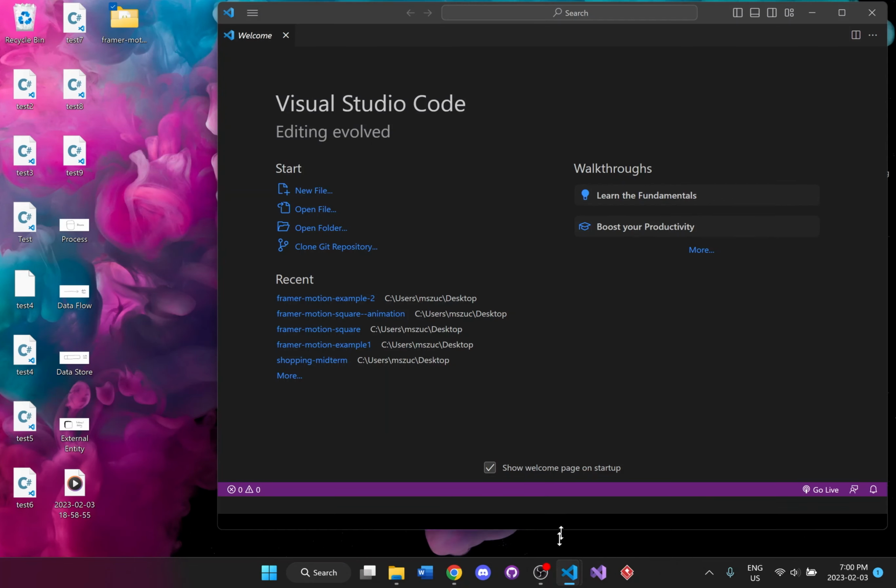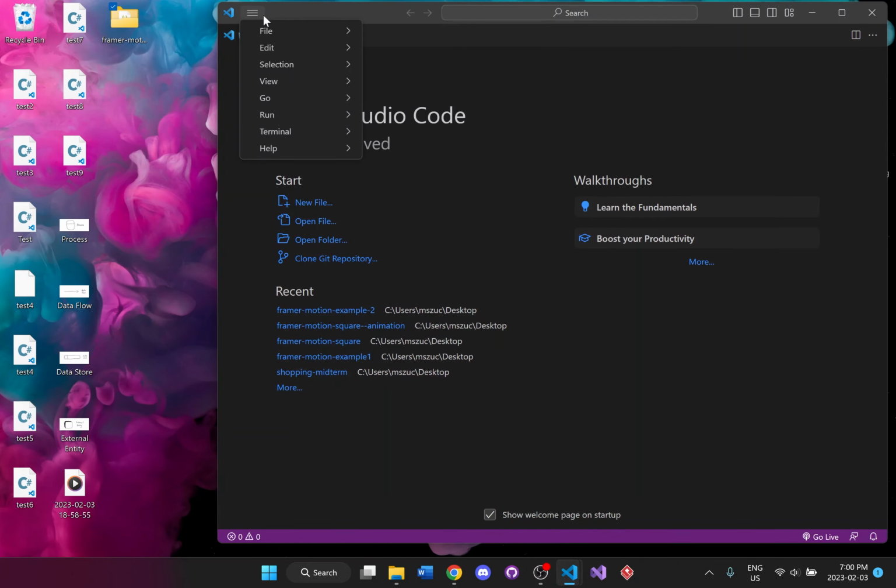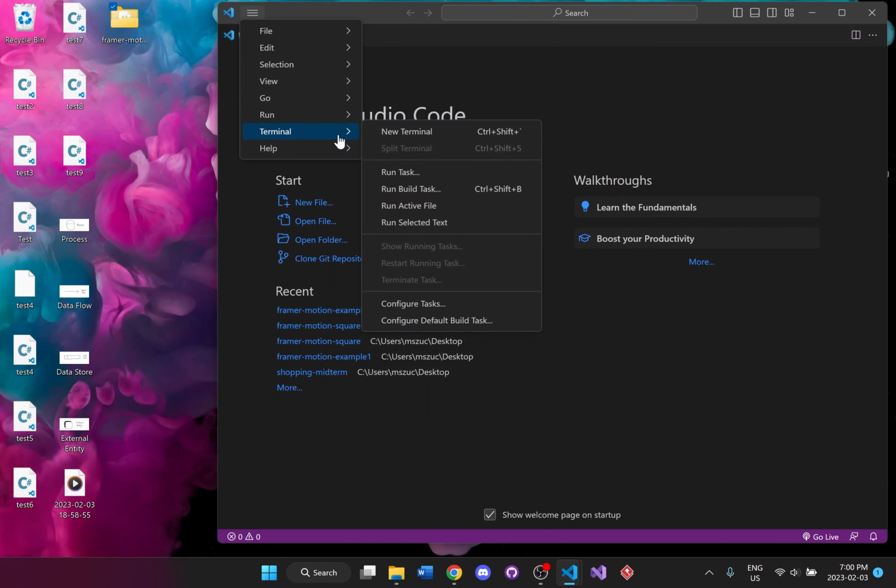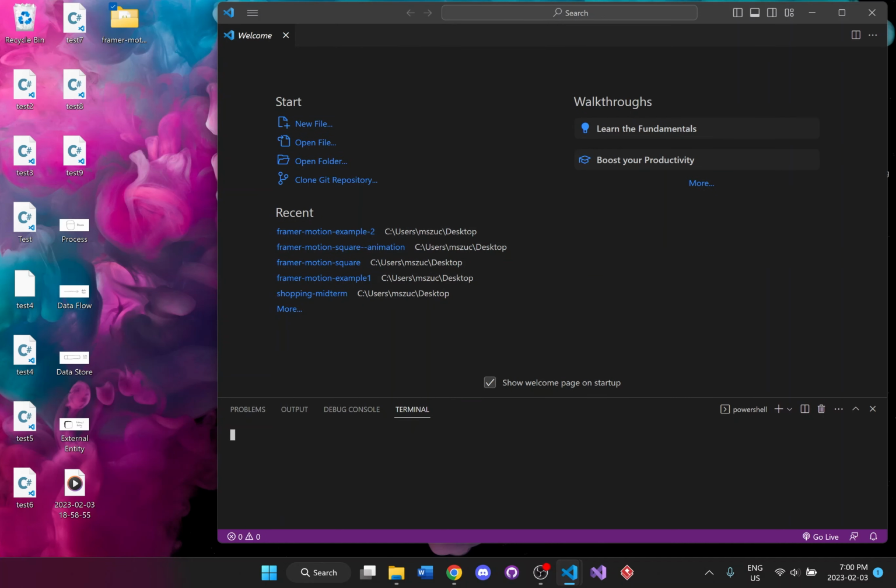First off, I'm going to open up a brand new window and I'm going to start a brand new project. So I will just open up a terminal and navigate to my desktop. And then I'll just create a brand new project. And I'll call this Framer Motion